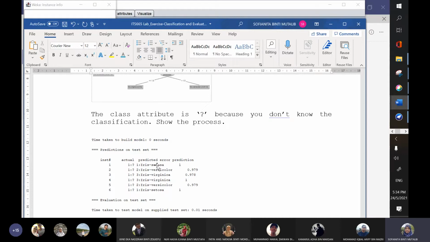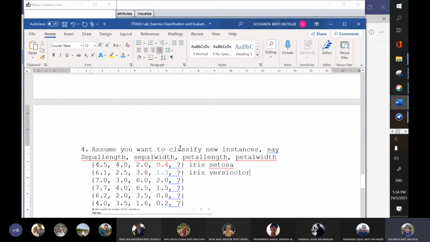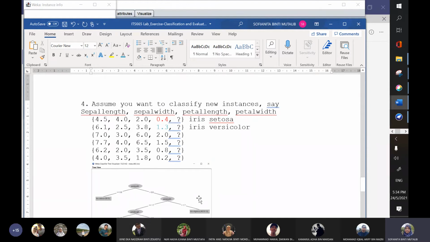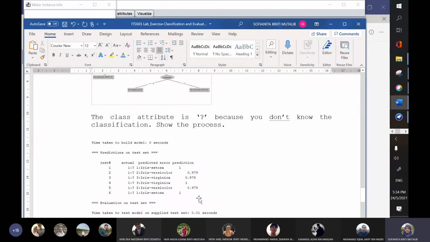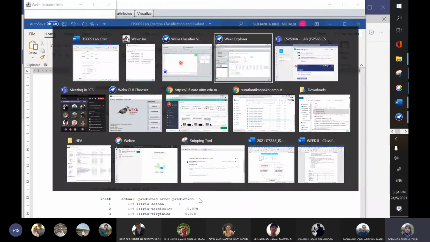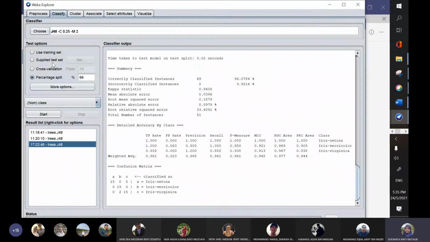You can save your data into a plain CSV, and then you can load the model, go back to your Weka and supply the test set, load your new data set, and then you can reevaluate the new test set with the loaded model.